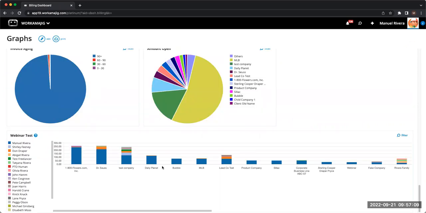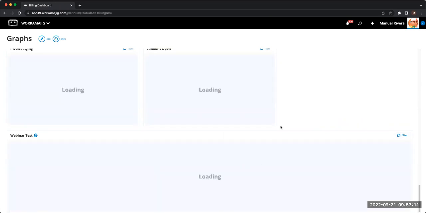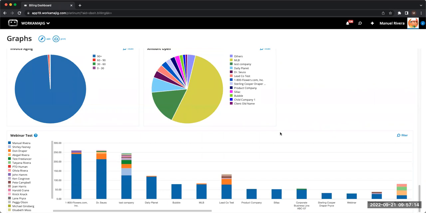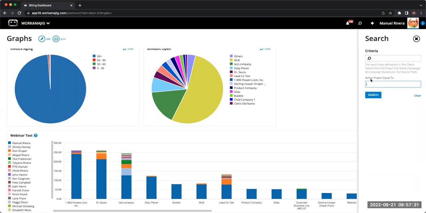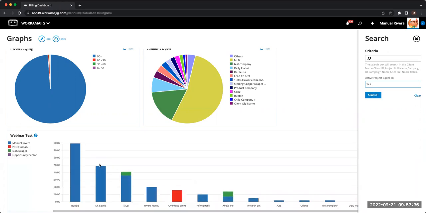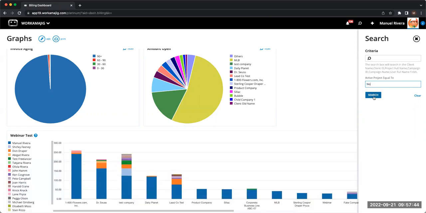Now, to interact with those unprompted filters, I'm just going to reload my screen, which is fine. If I want to interact with the unprompted filters, I'll now have an option. I don't have to be on edit. So if I'm just a user and I want to interact with whoever set up the graph to prompt filters, or unprompted filters, I go here, and it's going to say active project equal to, and I can say yes, right? And I can click search, and then it changes my results. Or I can say no, and obviously you get different results, probably. Yep, so it keeps changing my bar to something else. So you can do that with client